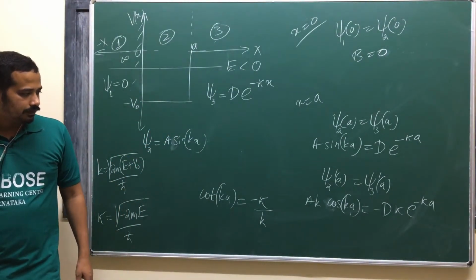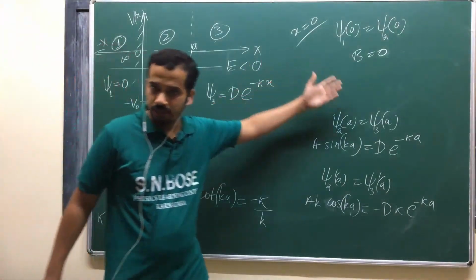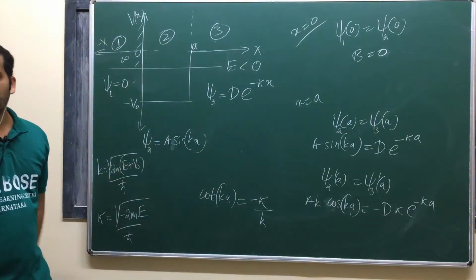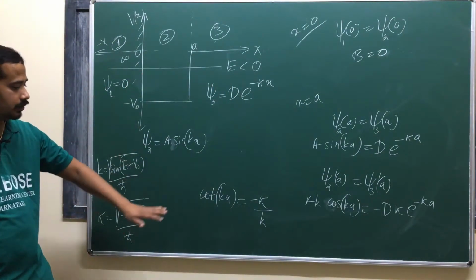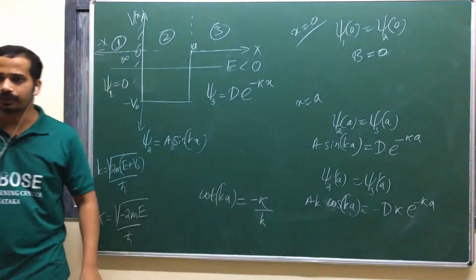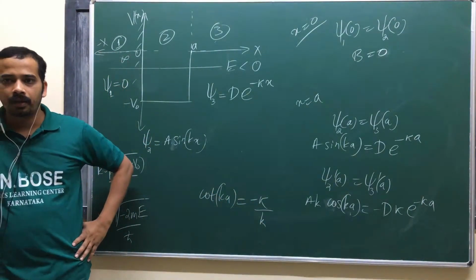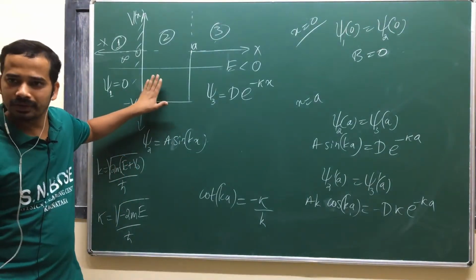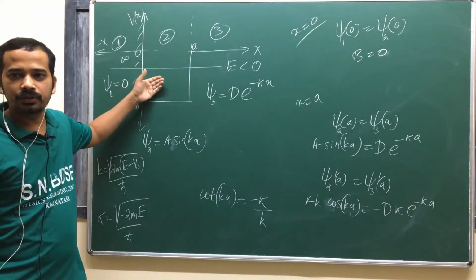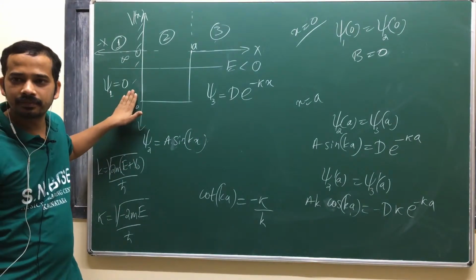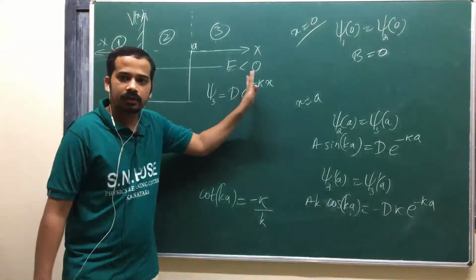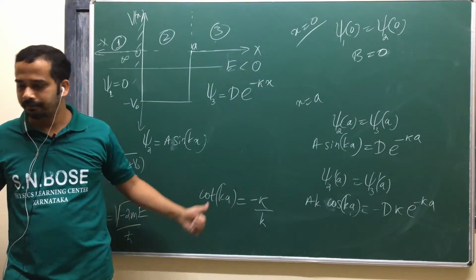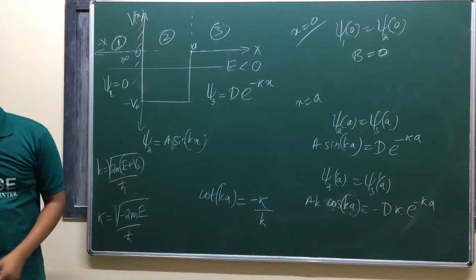So this is a transcendental equation. Again, you have to go for a graphical solution here to find the energy eigenvalues. That's a different part of the study, but they are asking this kind of equation. If you have some practice, you should quickly choose sine here. The solution is sine plus cos, am I right? You should quickly choose sine, and then apply continuity of the wave function and continuity of the derivative at this position. So this was a solved problem in JEST.